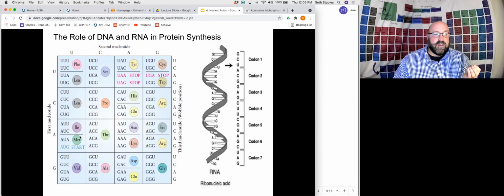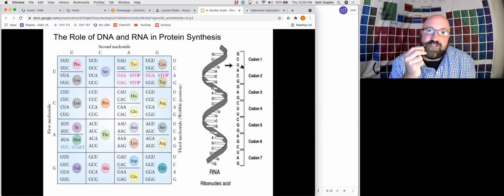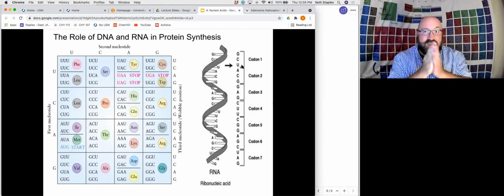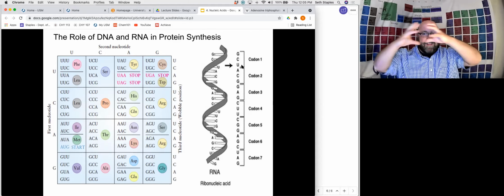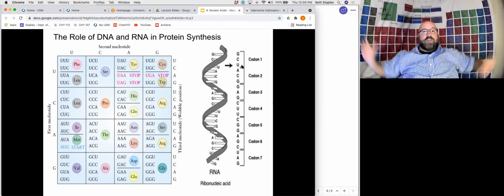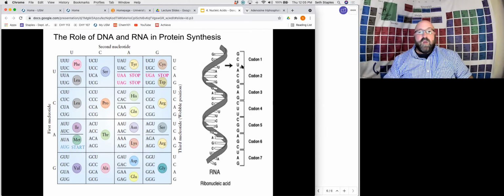And so every 3 nucleotides within our RNA strand is a different codon. Each codon codes for a different amino acid. So now take that out even further. Think about that as we get longer and longer DNA strands. We might have a DNA strand that's, say, 150 codons long. Or 150